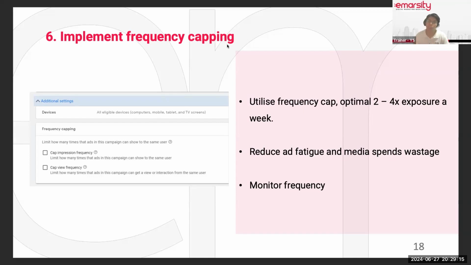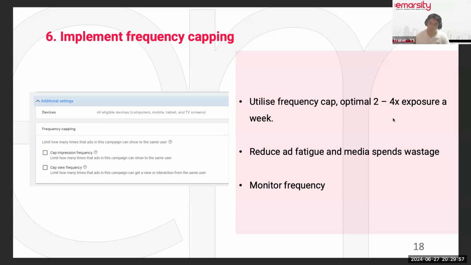What this does is basically you are telling the ad platforms, for example YouTube ads, but other platforms like Facebook, TikTok, you can implement the same also. In this case, I'll just use YouTube ads. What you are doing here is you are telling the platform, please do not show my ad to the same user in a week or in a month or in a day more than X amount of times. For example, if I implement, I will tell the ad platform, please limit to show up maximum 4 times per week to the same audience.